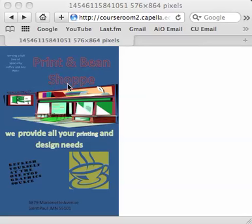The information here has a decent visual hierarchy. We've got the really much bigger print and bean shop, other information smaller, and then we have the important bit of information here that it's